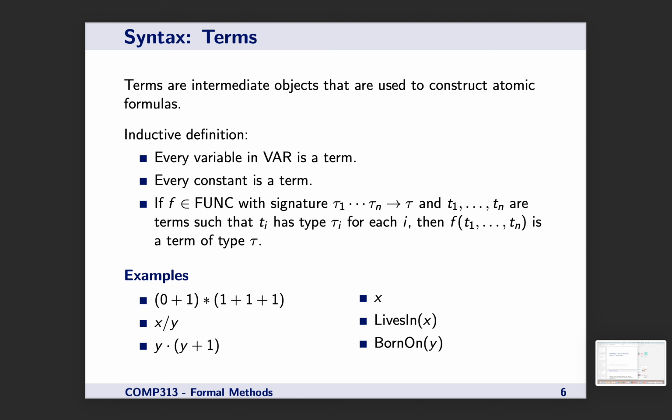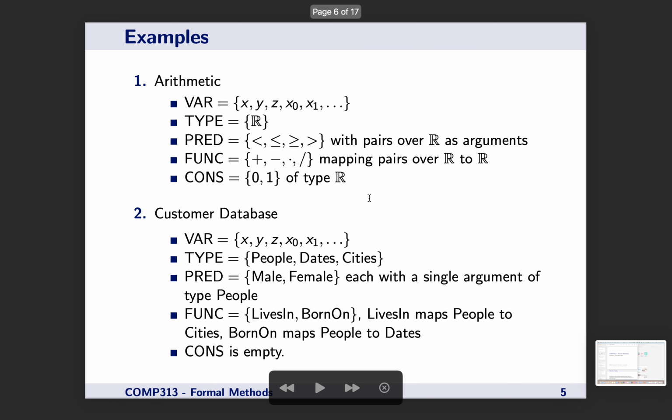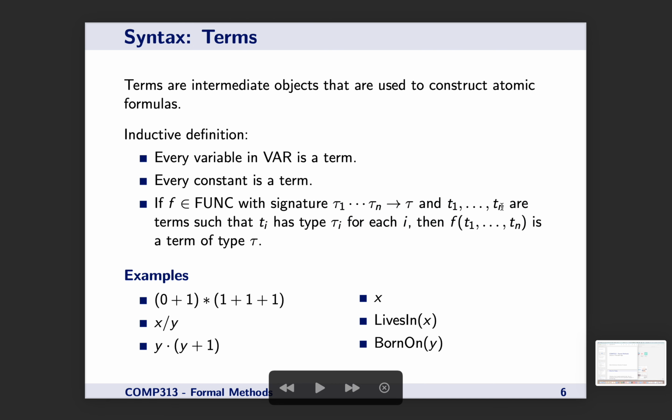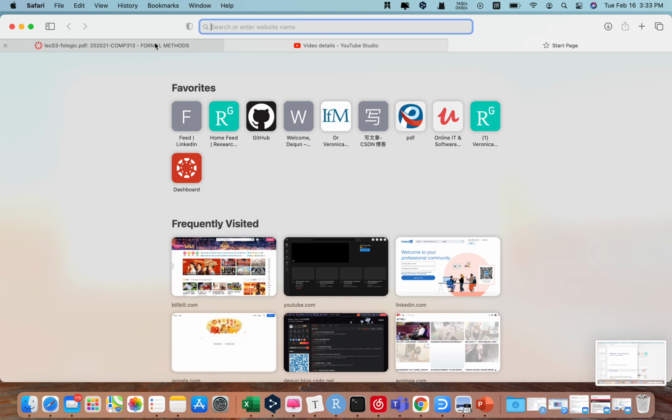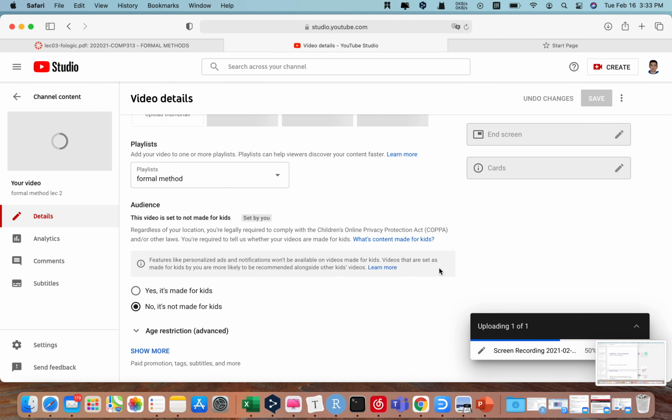Every constant is a term. 如果 f 属于 FUNC, with the signature tau1 到 taun maps to tau, and t1 到 tn are terms that each ti has type tau i. Terms. 如果一个 function 比如说加和减，它有它的 signature。signature 是什么？